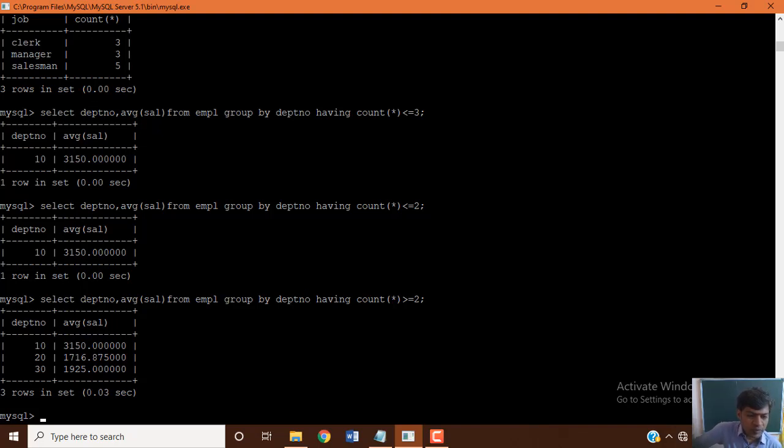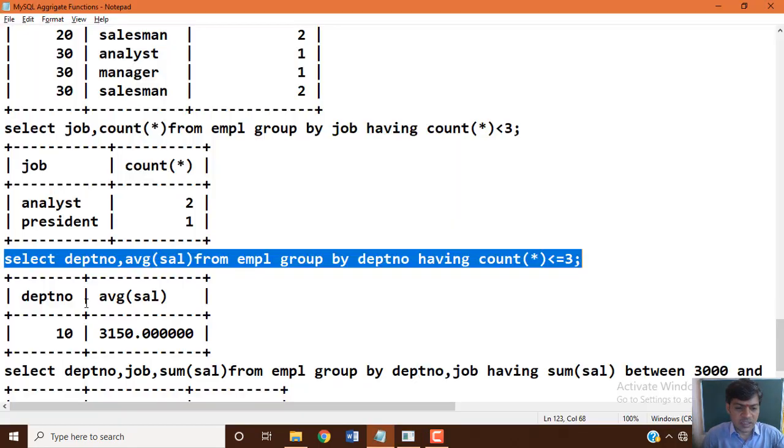So department 10 average salary, okay, those having count greater than or equal to 2: 20 department average salary and 30 department average salary. Okay, so that is the way you can make use of the condition along with group by class by using having.